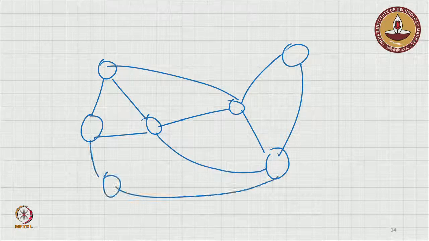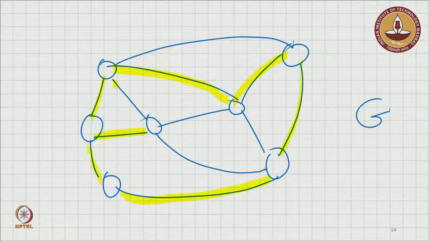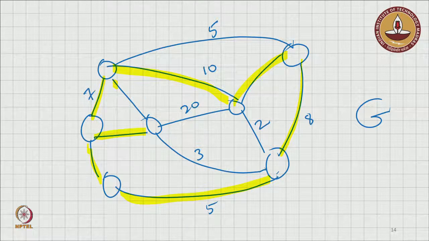Now let's actually look at a specific example. Let's say we have a graph G. Let's say that the edges drawn in blue are the graph G, and let's highlight a few edges, and the highlighted edges form the graph H. So let's give some numbers. Let's say these are the weights of the edges in the graph G. The weights of the edges in H need not be the same as the original graph G. So let's actually provide numbers for that. Let's say the yellow edges have weights